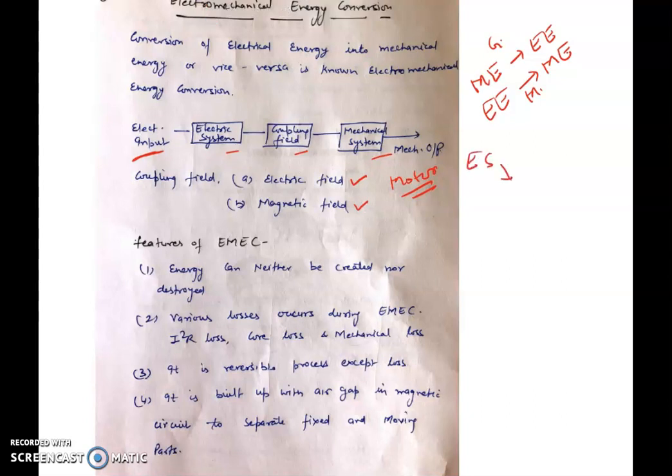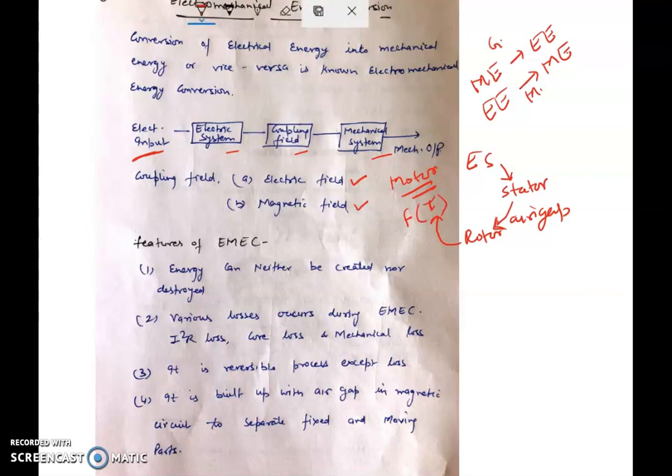Electrical supply, then you have your stator, and in case of a three phase machine it is a stator. Then there is an air gap, through which your electric field produces a magnetic field, and because of the magnetic field you have your rotor. Then again your rotor is coupled with the mechanical system with the shaft. You will get your mechanical output in terms of force or torque. This is your complete electromechanical energy system.